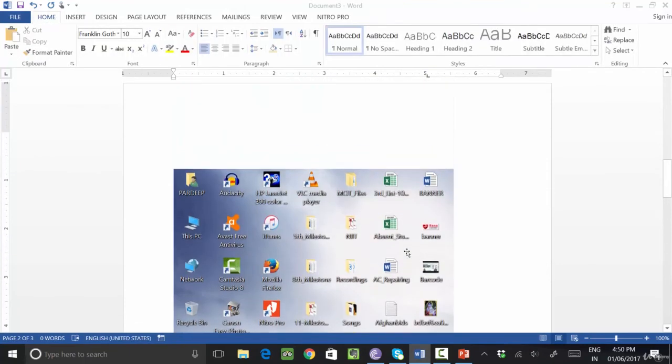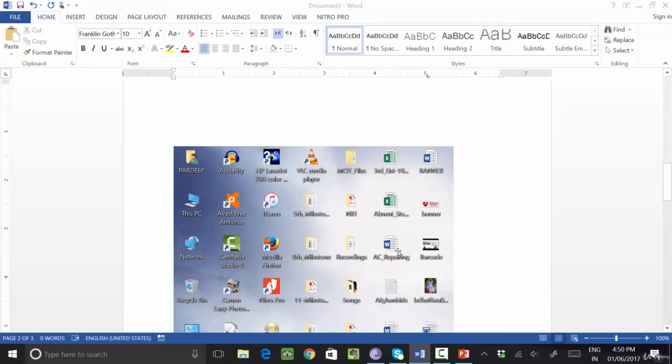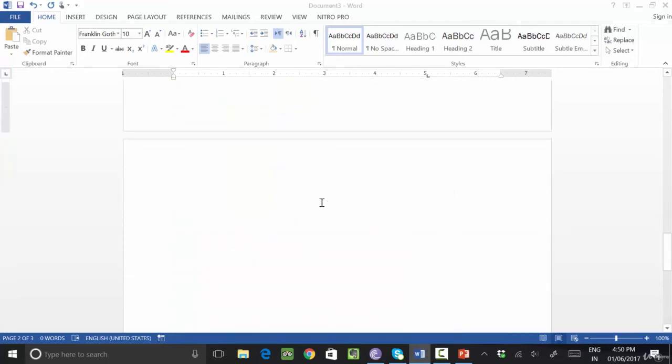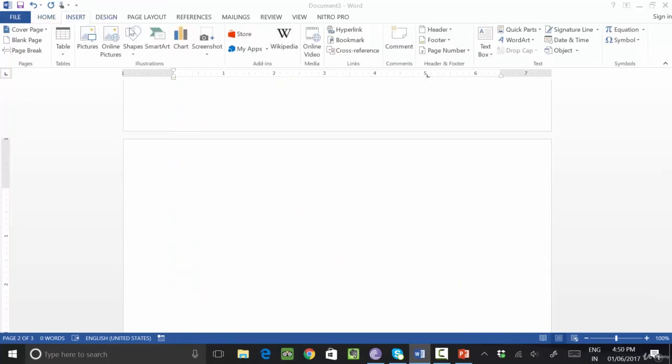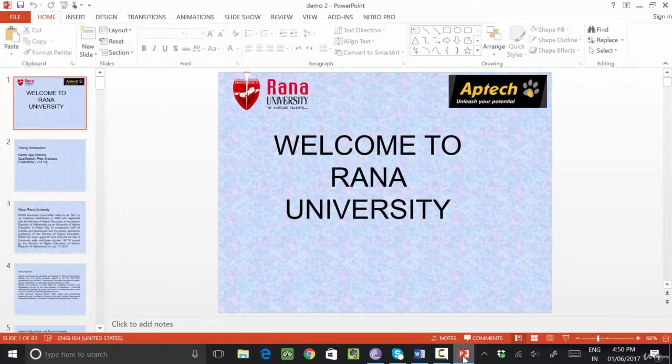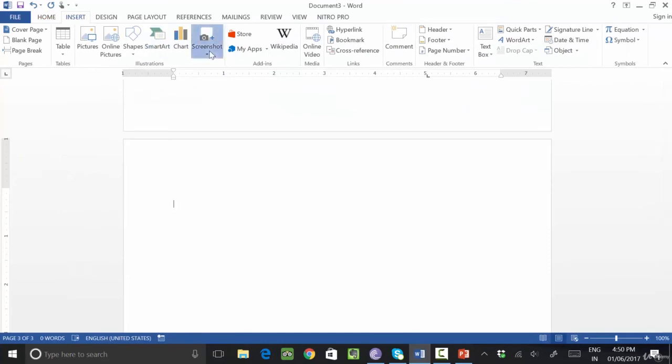Is it clear? This is another method of taking a screenshot of any kind of picture. Again, I will go to Screenshot, and this is a screenshot available right now because this slide is open. This screenshot is automatically generated here. If you close it and check again, it will take some time to reload. Once it is reloaded, I will take a screenshot of my PowerPoint presentation for your understanding.